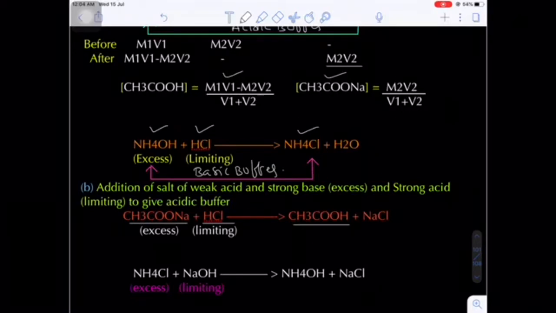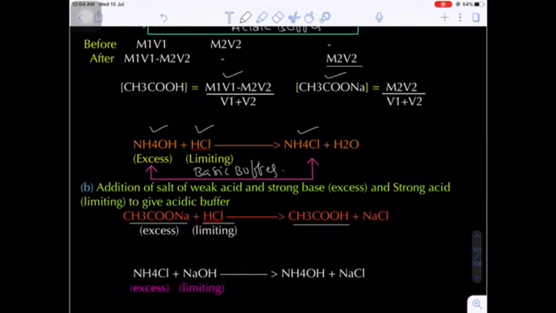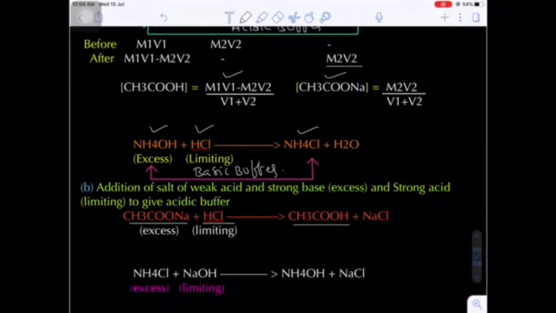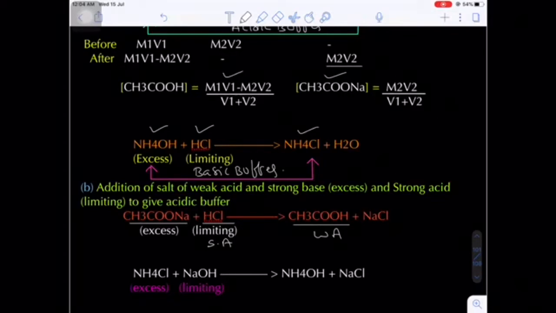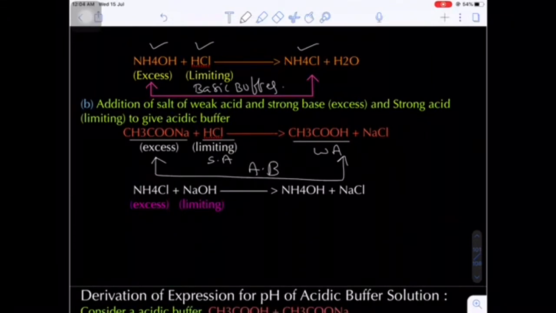Now remember, sodium acetate is a salt of a weak acid, acetic acid. Now it is treated with a strong acid, hydrochloric acid. Being a strong acid, hydrochloric acid decomposes the weak acid from its salt. So we are getting acetic acid. Are you getting my point? So a strong acid is always favorable to give a weak acid. This is the condition. The driving force is strong acid to weak acid. Okay, now the salt will be in excess and acid will be formed. So again we have an acidic buffer.